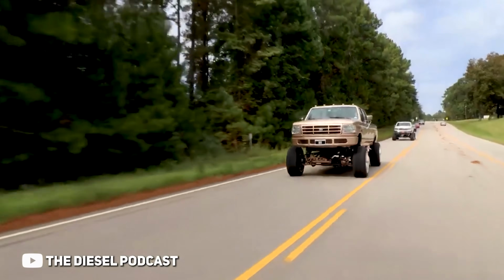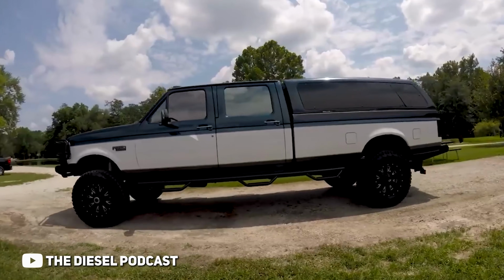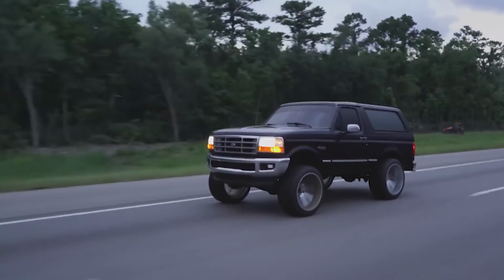These trucks are typically either rusty work trucks nowadays, or they're considered like a classic or collector's truck, and people are asking over like $20,000 for their OBS 7.3 with 180,000 miles on it. The OBS tax is getting almost as bad as the Cummins bro tax, which perfectly leads us to our next